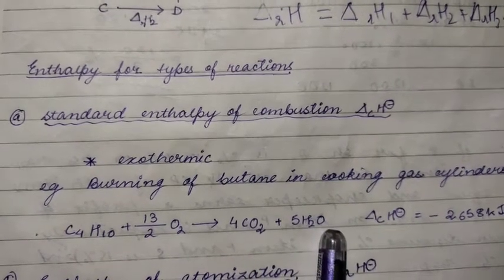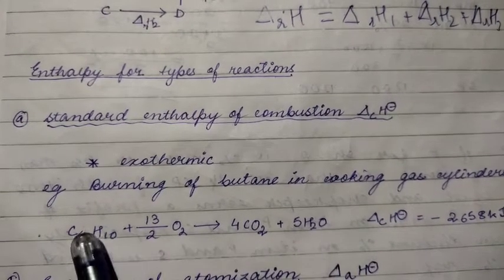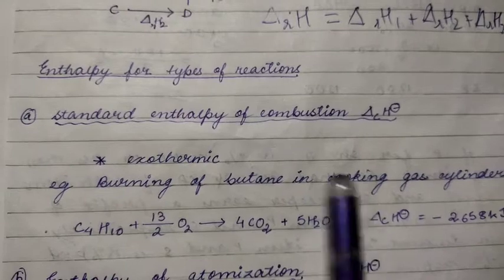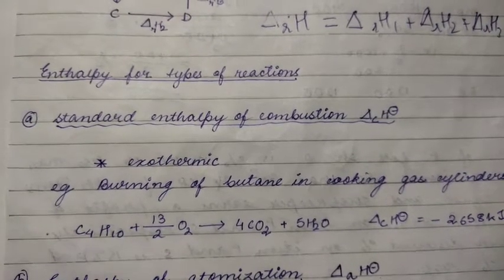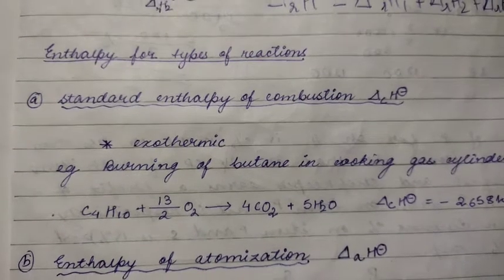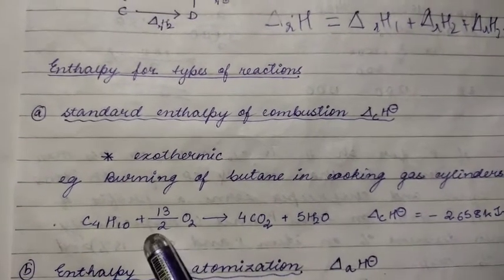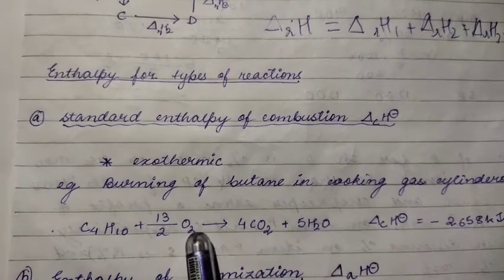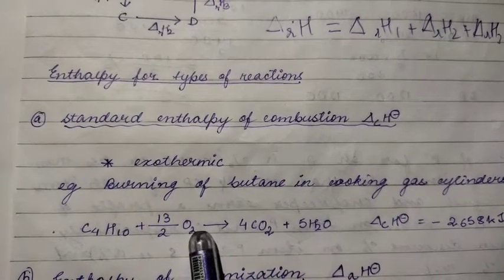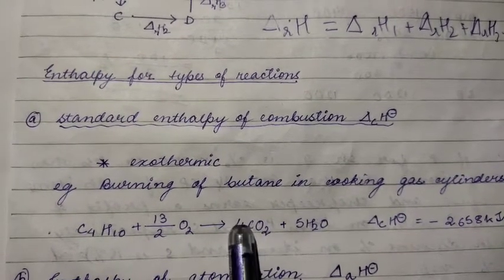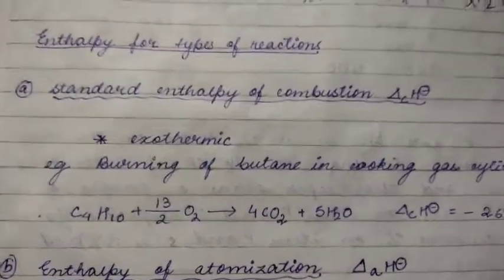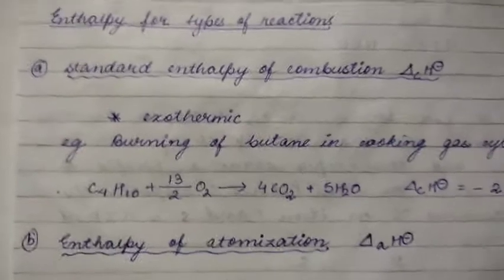In order to balance this reaction, first you have to consider the oxygen, hydrogen, carbon. The number of oxygen, carbon, hydrogen on this side is equal to the number of oxygen, carbon and hydrogen on this side. So individually you have to count and put it like that. It will come in fraction. Let us say 13 by 2 of oxygen, so 13 oxygen atoms should be present here. Then you count here, 4 into 2 is 8, 8 plus 5 oxygen, so here also it's 13. So this is balanced. You have to know how to balance the reactions as well.